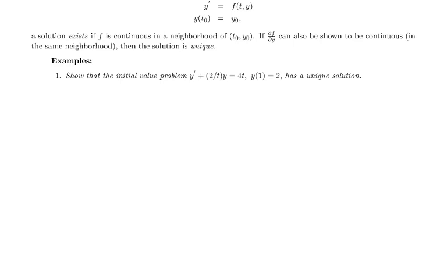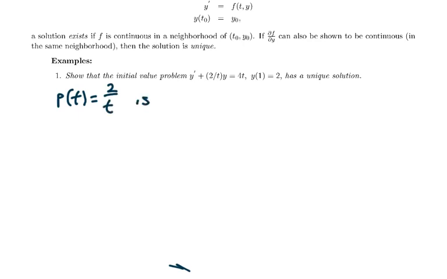So let's take a look at number 1 here. It is already in the general form. You have a y prime plus a p function times y equals a g function. And so when I look at this, I need to look at the continuity of p and g. So I notice that p of t, which is 2 over t,